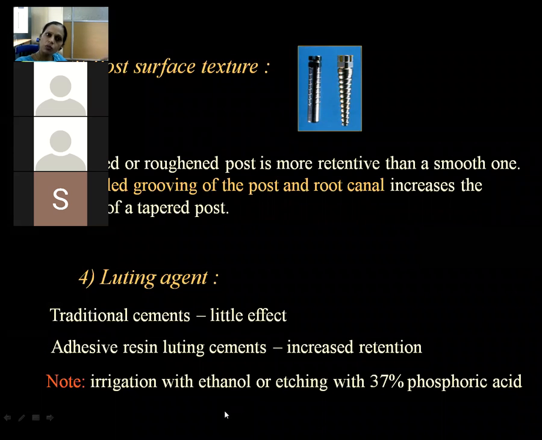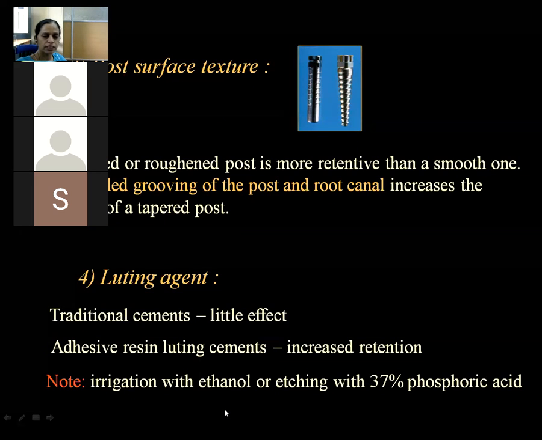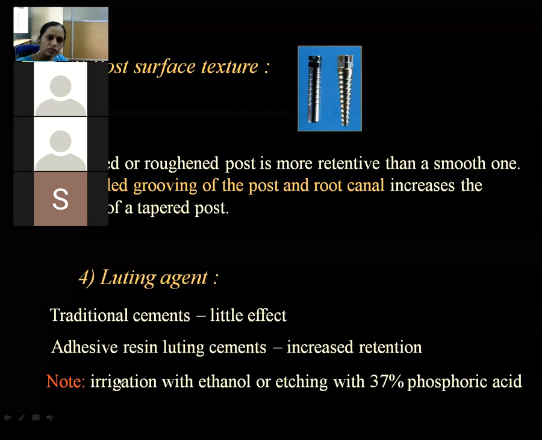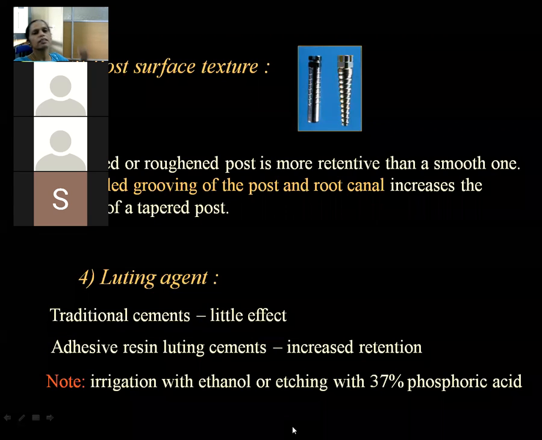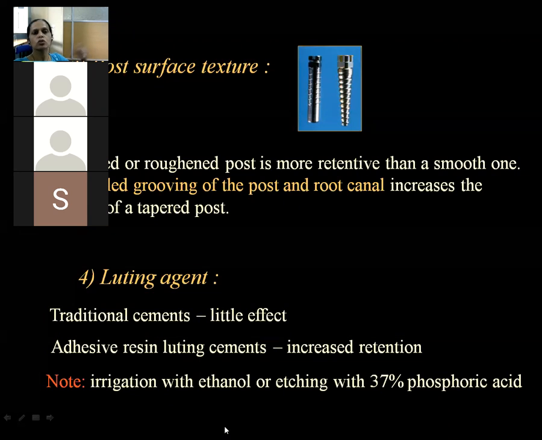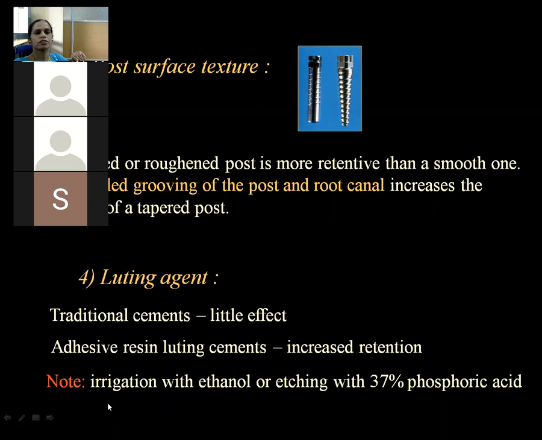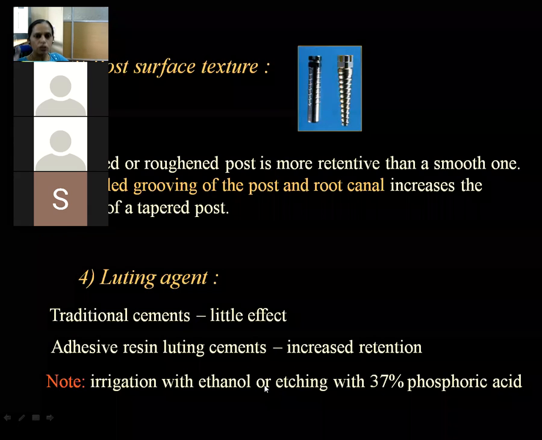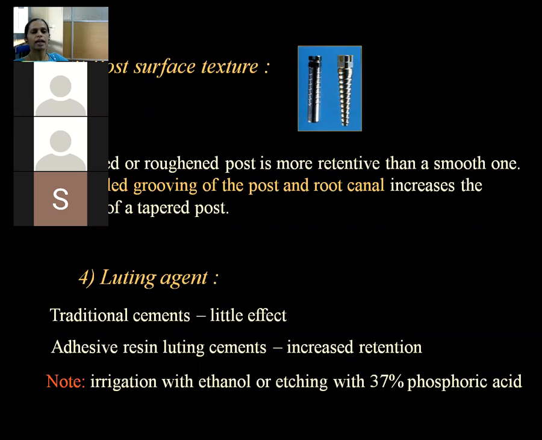And here we have removed the obturating material, that is GP and this ZOE based cement. Now this sealer penetrates inside the dentinal tubules also, which we cannot see with the naked eye. So if you irrigate with ethanol, what will happen? Ethanol will dissolve the cement inside the dentinal tubules, and whatever luting agent, suppose you are using